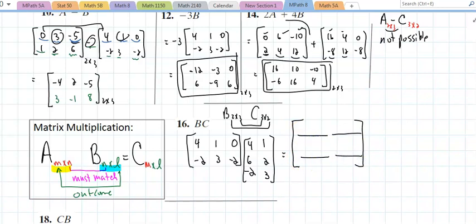And this is how it works. A bit challenging. To generate this first row, I must use this first row. To get this entry, I use the first entry. To get the second entry, I use the second entry. And the way it works, you multiply